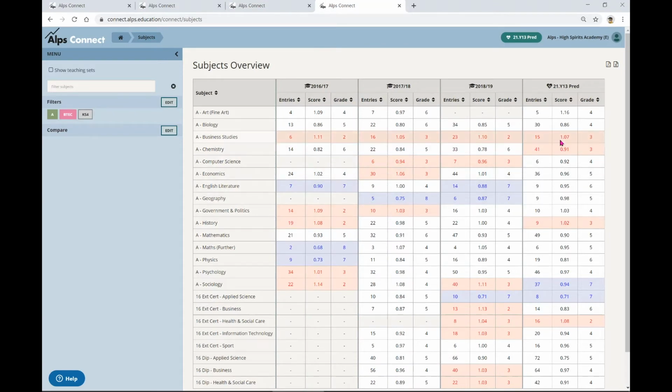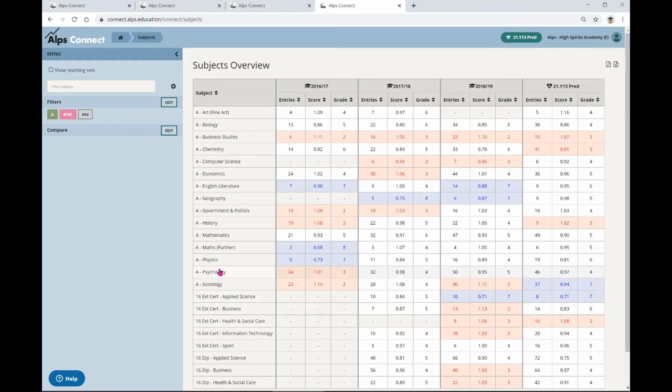Now, if we look at this last set of data here, this is showing me the results and the current predictions. So if we think about where we are now at this current moment in time, we've done an assessment. So we've got our current working at grades, and then we've asked teachers to predict where they think they're likely to be at the end of the year. And so I was just going to focus on this current set of data here, this predicted data.